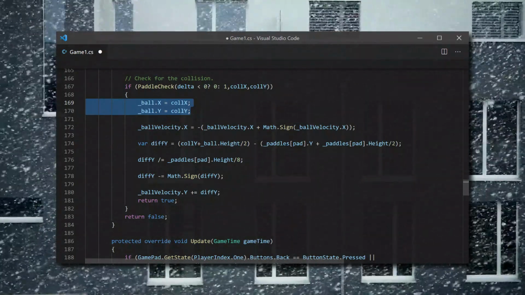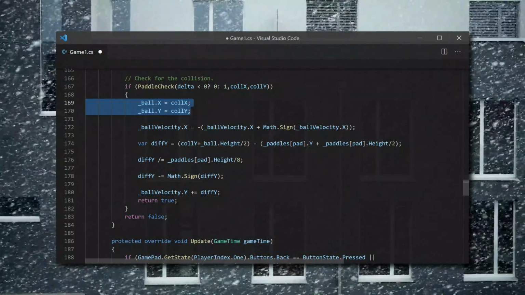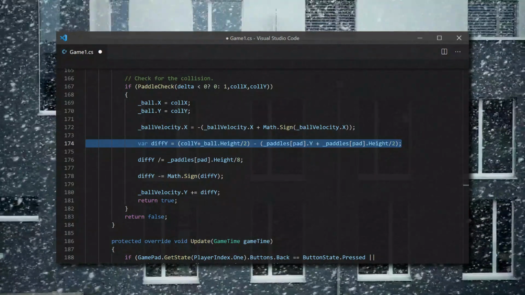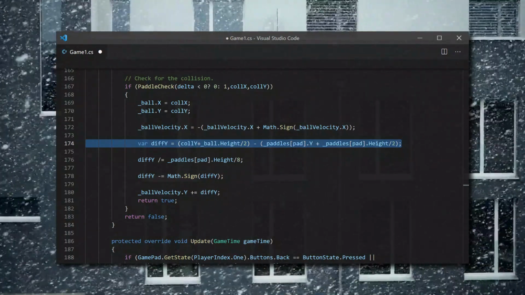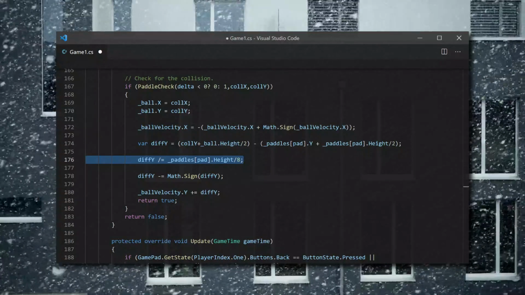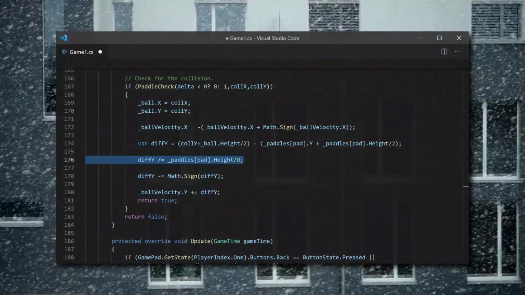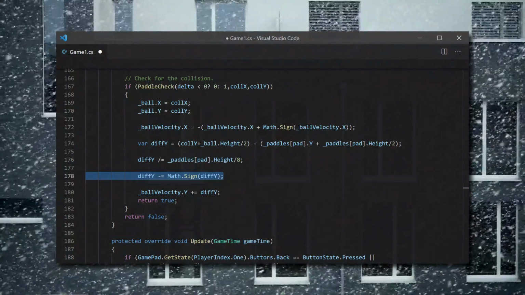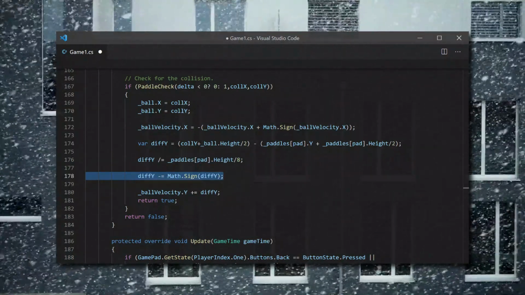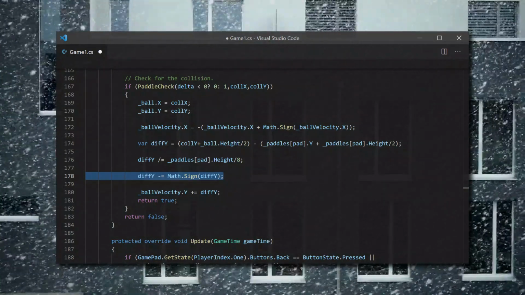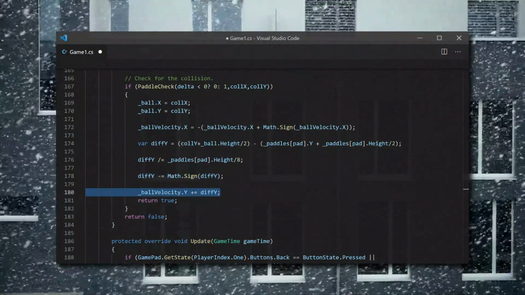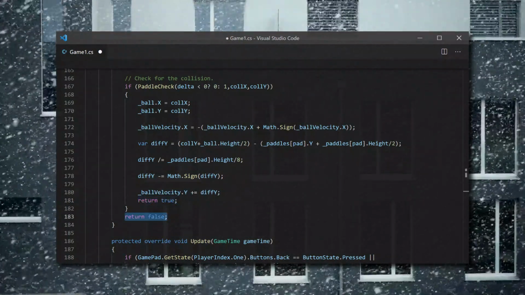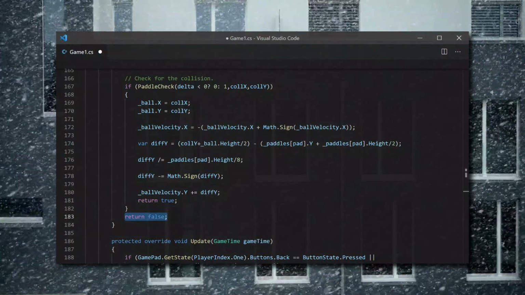There's one more thing we need to implement in this method, and that is the English. We now need to figure out the difference between the center of the ball and the center of the paddle's y position. We divide that value by 1/8 of the paddle's height. This will give us a value between -4 and 4, which we are going to subtract the sign from to make it a value between -3 and 3 with a bigger 0 range. We add this to the ball's y velocity. Finally, we return true saying a collision happened, and we return false outside of it to show it didn't happen.